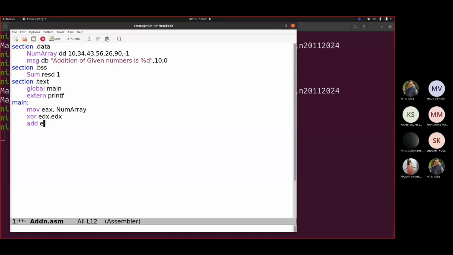Okay, so let us say add edx, dword of num array. What exactly does it mean? Whatever the array address shown by num array, this is the first address. So at this address, whatever the value is, add it into edx. That's what we are telling.